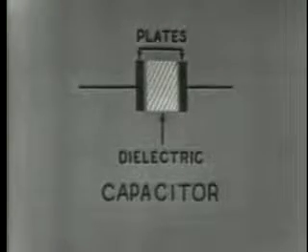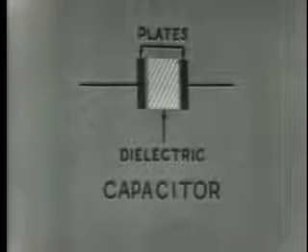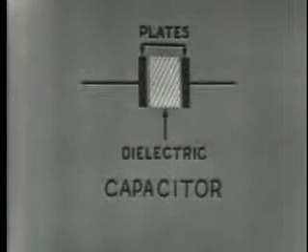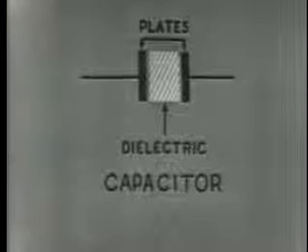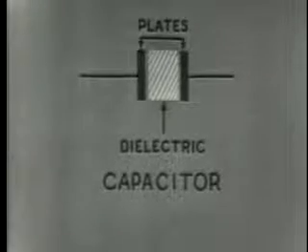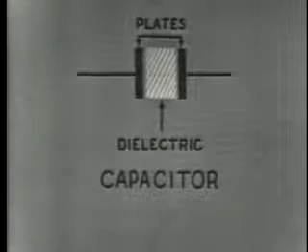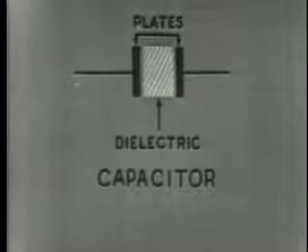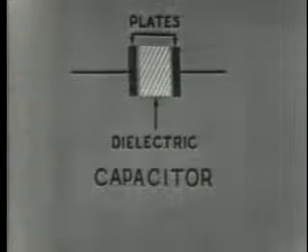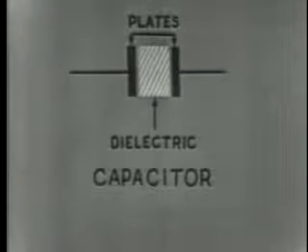This definition gives you an insight as to the construction of a capacitor. The capacitor will appear in many varied shapes and sizes. But regardless of its physical size or shape, you can be sure that it consists of two plates separated by a dielectric. Dielectric is the term applied to the insulating material between the plates of a capacitor, while the plates themselves are of a conductor material. The dielectric could be one of several materials, such as oil,